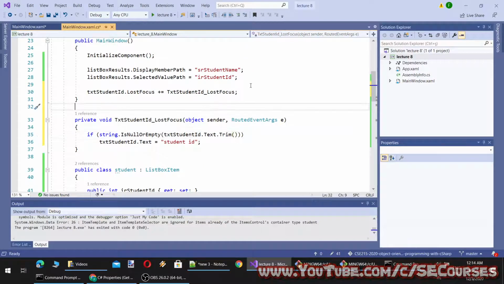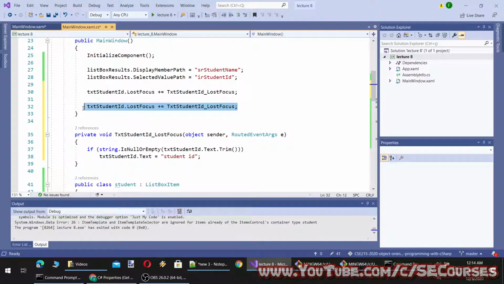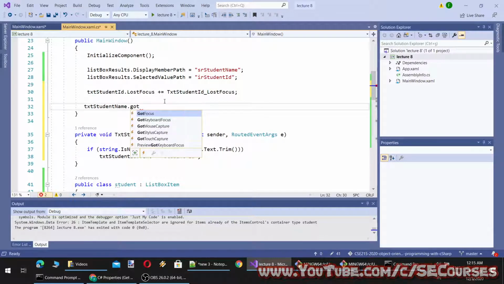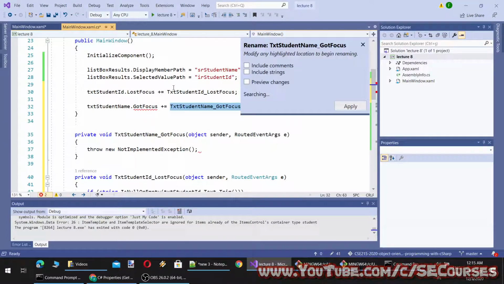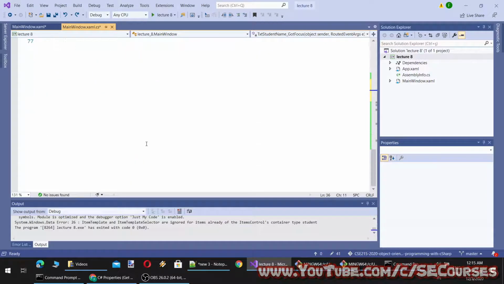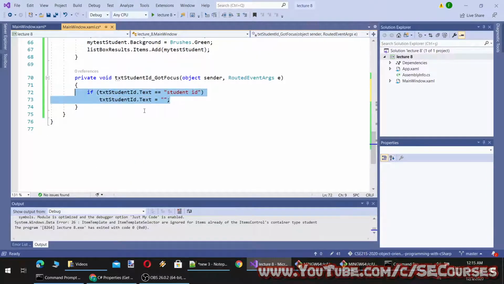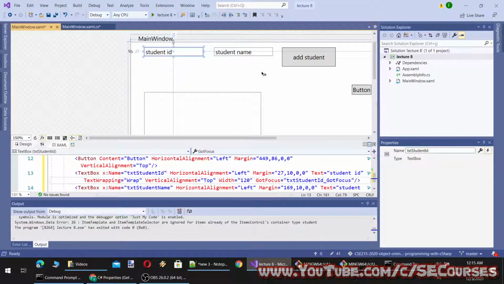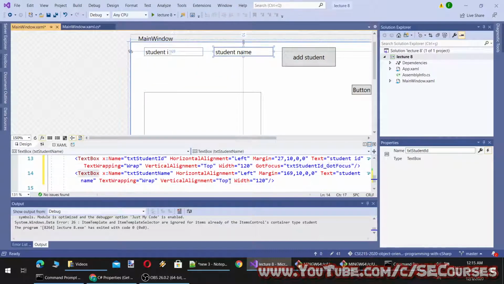Okay, and let's add the other events for the other text box. So txt student name got focus plus equal to top edit, and let's copy paste our code here, and this time the text is student name.